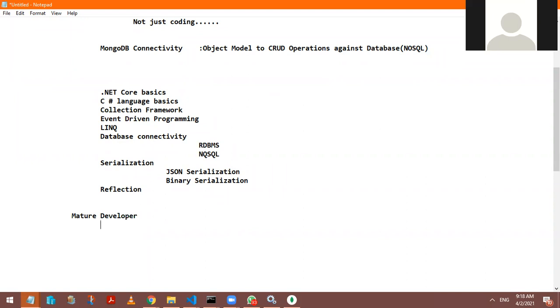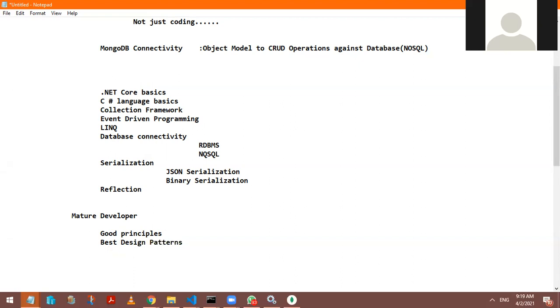And as a mature developer, can't we start using some good principles while building our solutions? Can we start using best design patterns for building our e-commerce application? Can we start using a popular framework?